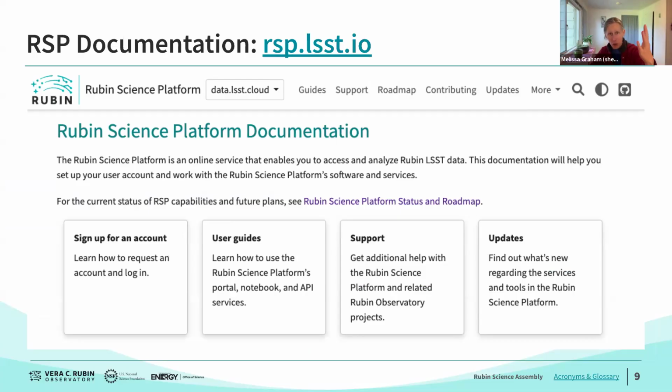rsp.lsst.io. You should feel free to open all of these links in tabs in your browser as I'm talking. You can see user guides. So sign up for an account is the one place that, if you haven't yet, you should start today at rsp.lsst.io. And then there are also user guides. There's a link to our support platform, and then you can always find out what's new. If you're thinking about doing more serious processing down the road, or if there are features that you thought you would find in the RSP and you haven't found yet, there's also a roadmap up here for services that are still in development. So everything about the Rubin Science Platform can be found in